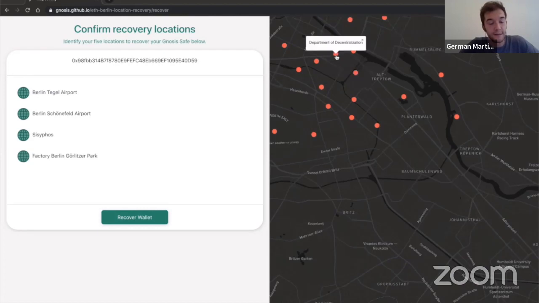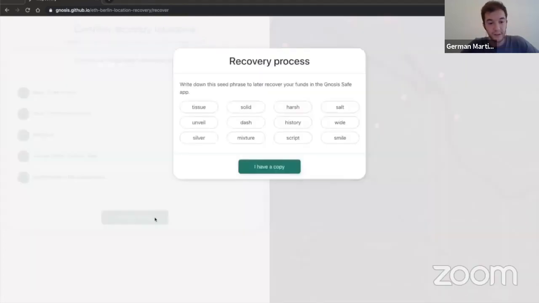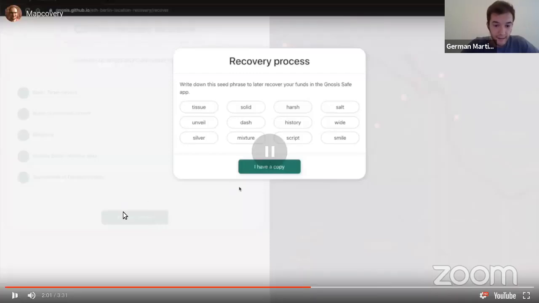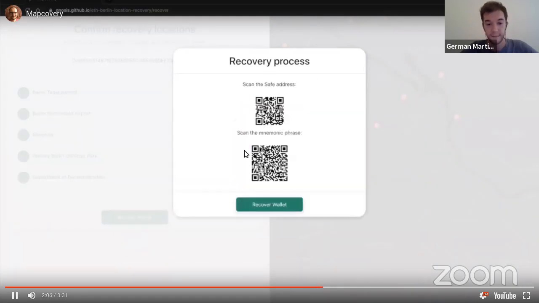And then these locations will be used to create the private key we are going to use to send a message to the module again. And before we get a random mnemonic, we are going to get, yeah.